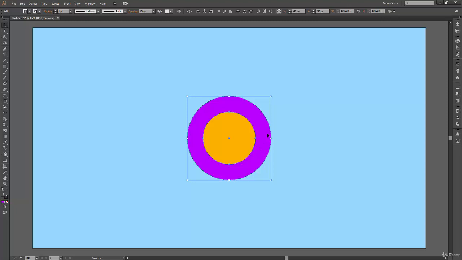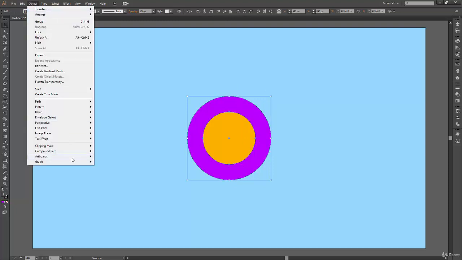Now instead of telling you how compound path will work, how it behaves and what it does to your shape, let's just go ahead and apply it and we will see what it does to our final shapes. So to apply compound path, you can select your shapes and then go to Object. After Object, you can go to Compound Path here at the third last submenu, and here you have this Make option.